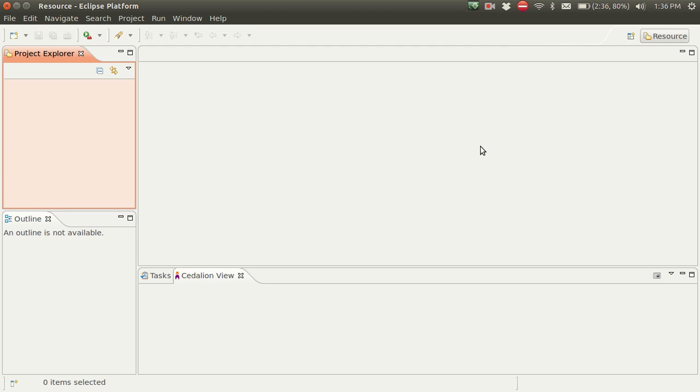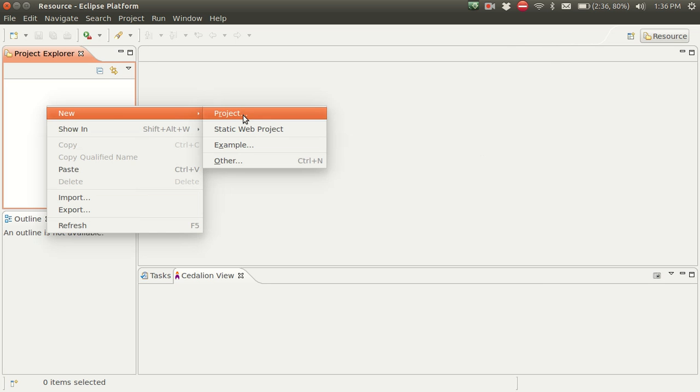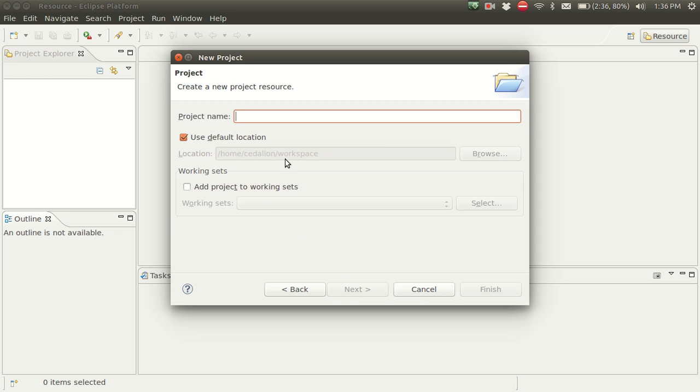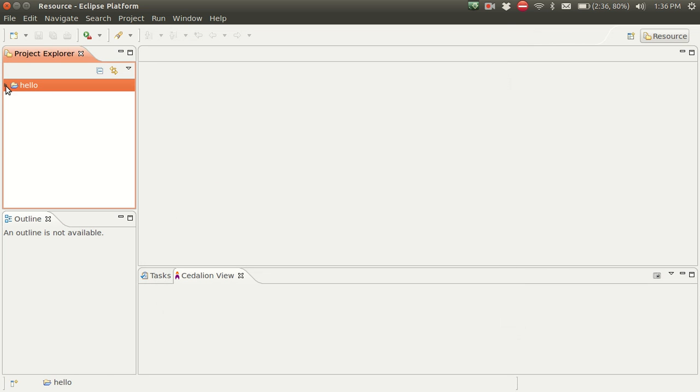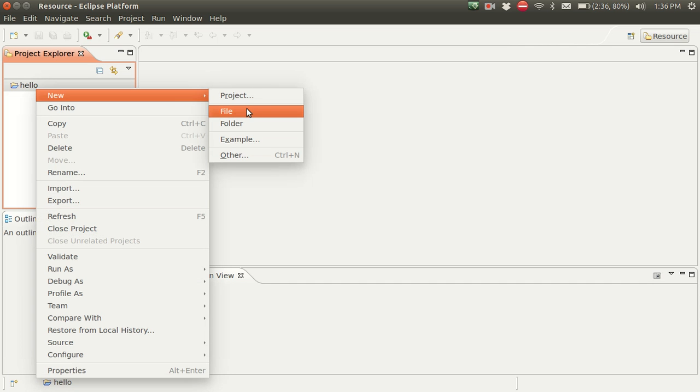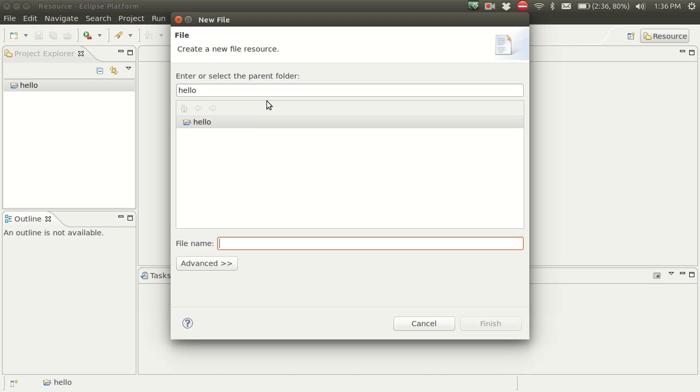Okay, so we have configured the Cedalion workbench to work from Eclipse, and we open Eclipse and we can start doing stuff. We can start our first project. So let us create a project which is just a general Eclipse project, which we will call hello. So this is at this point an empty project, but we will add a file, just a regular file, and we will call it